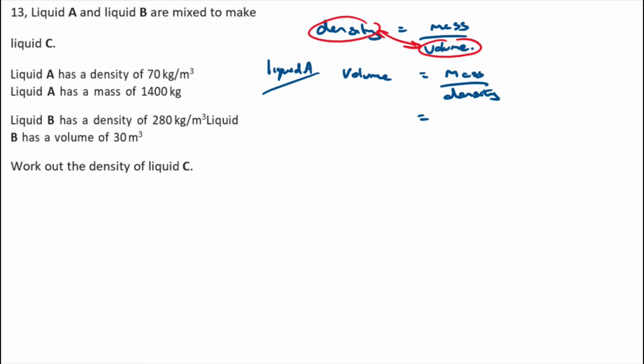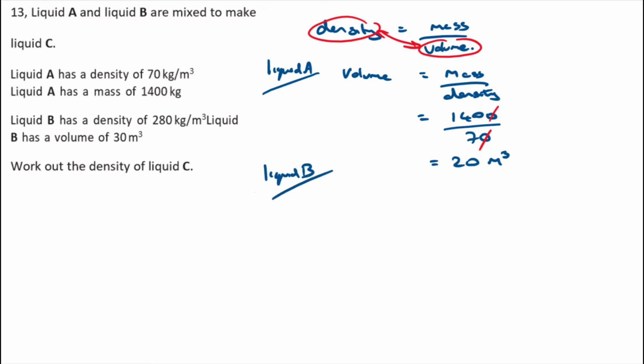So subbing that in, I've got 1400 divided by 70. I'm just going to scratch that 0 on the end, so I've got 140 divided by 7. Well, 10 sevens are 70, so that's going to be 20, isn't it? So that's going to have a volume of 20 cubic meters, because I've got kilograms per cubic meter and I've got kilograms, so that's going to give me cubic meters. So that's 20 cubic meters for the volume of liquid A. Now for liquid B,